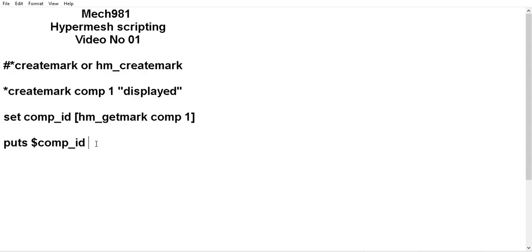So I tried to keep this video as short as possible, so you will get an idea easily of how you can use these types of syntax